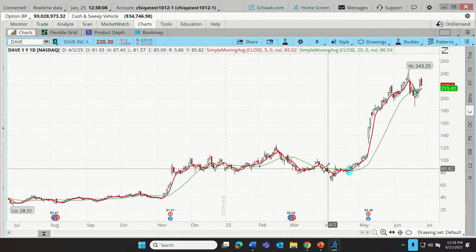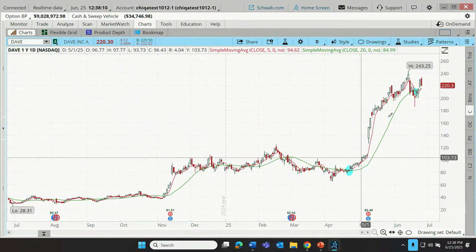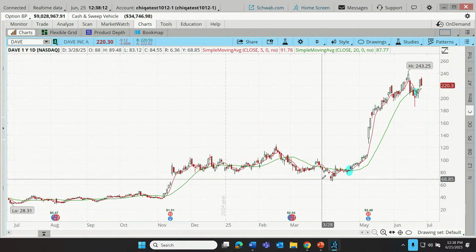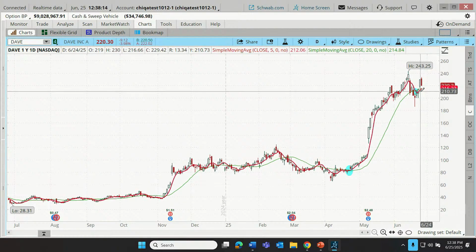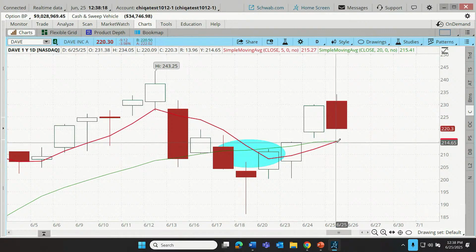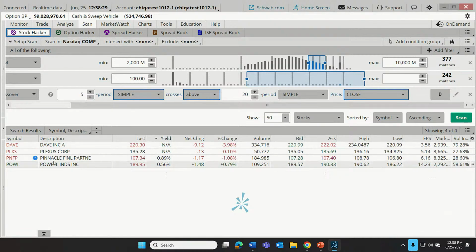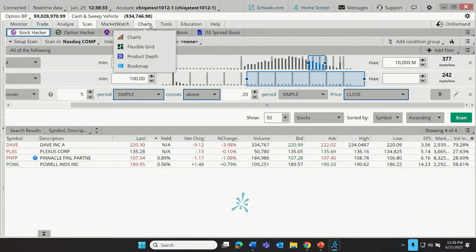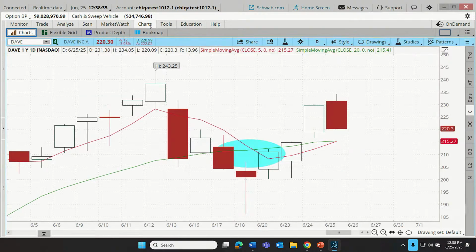Saying, hey, get in. Oops, nope, get right back out. So sometimes it works, sometimes it doesn't. That's the nature of charting. But in any case, if we zoom in here, we can see, look at our 5 just crossing our 20. That scan did an excellent job of catching that right at that moment. Pretty rare to catch it at that moment. There are only 4 companies in the NASDAQ, those mid-cap $100 companies, that are showing that sort of signal today.